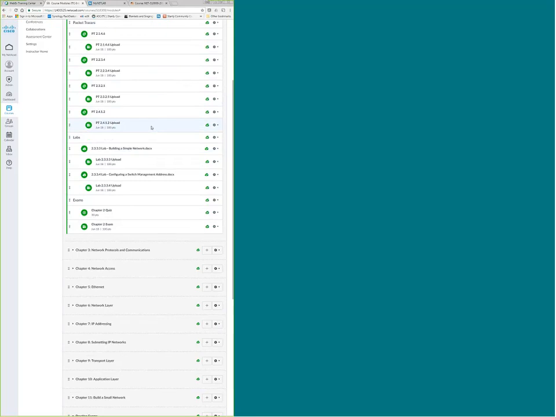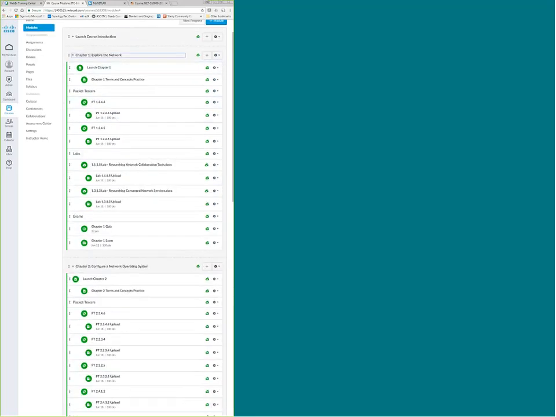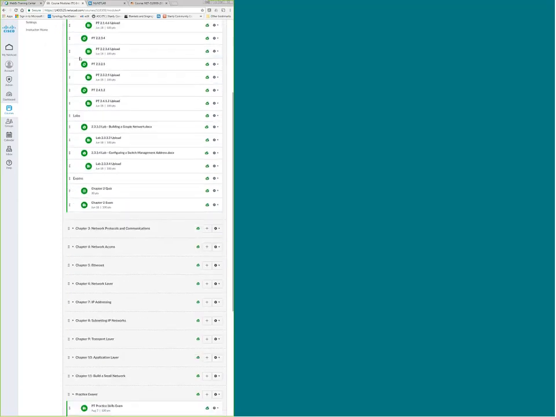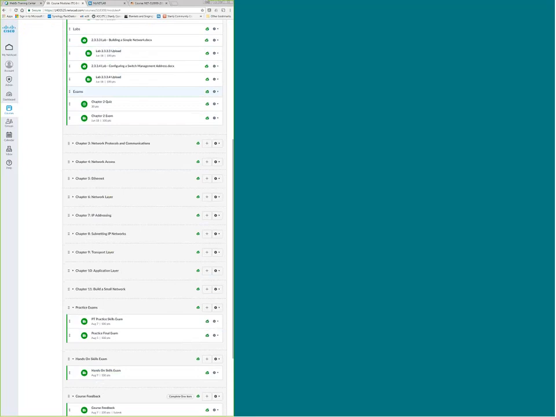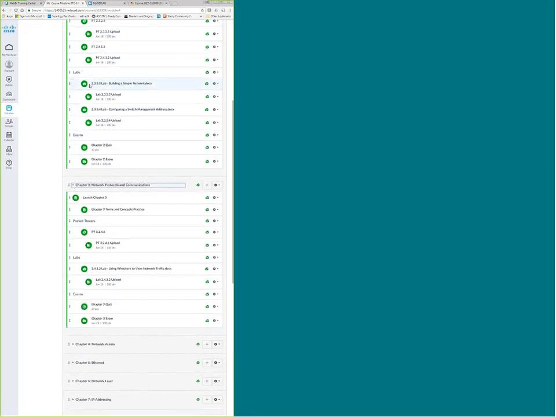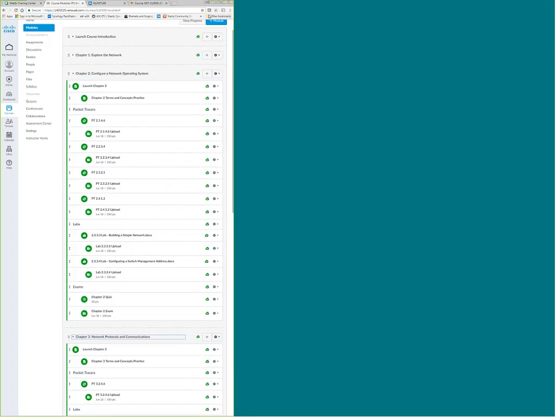I would like for you to do the labs that are in these modules. So, for instance, I'm not asking you to do a lab that's not in this module. Some of you have been looking at using the Terraterm lab and doing that in your local lab, that's fine. But the labs I want you to do are listed here. The first lab that you needed to do was building a simple network. These labs, if they're not written labs, like the labs that were in Chapter 1, are found in